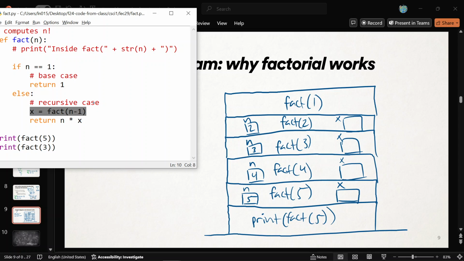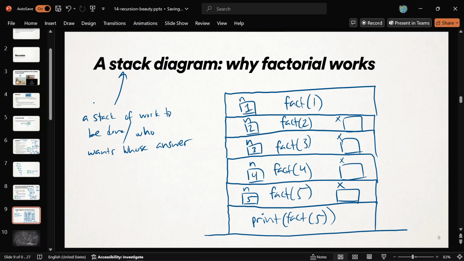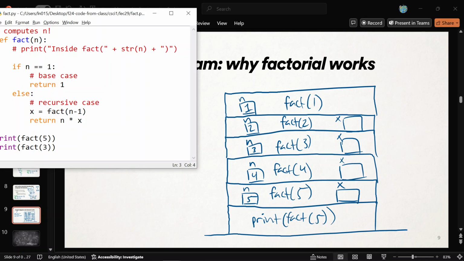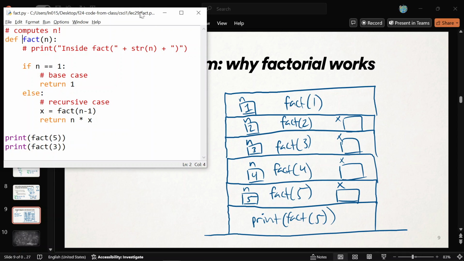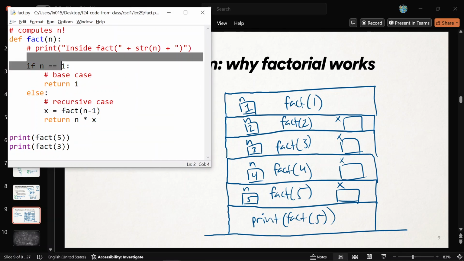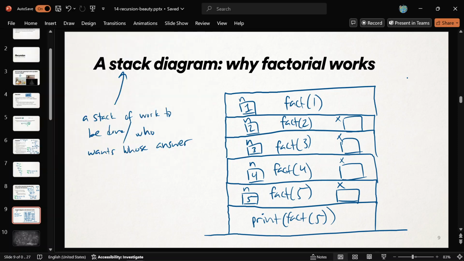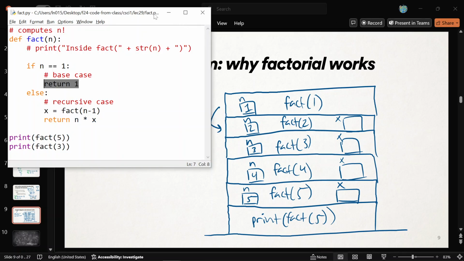All right. So fact_of_1 has its own, again, n variable. It's set to 1. That's just the parameter. And so, for some reason, sorry, you can't see that. There we go. Finally, n is 1 for this call of fact. Yay. And so we're in the base case, and we return. When you say return inside of a function, it just immediately gives the answer back. It's done. And so fact_of_1 finally doesn't make any more variables, doesn't make an x or anything. It returns 1 back to whoever called it. And so it's always the person below you on the stack who called you. And so we're returning our answer back to them. So fact_of_1 returns 1 back to fact_of_2.